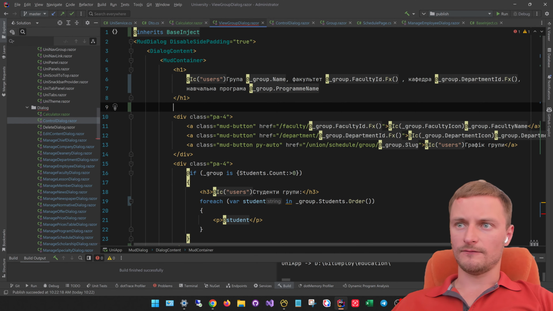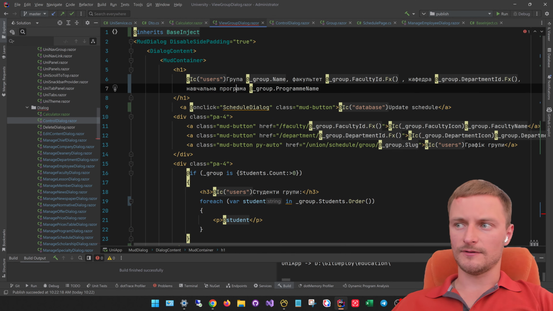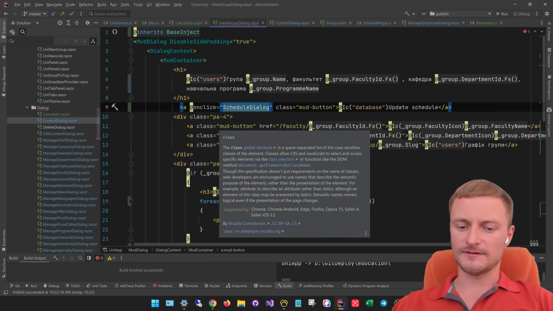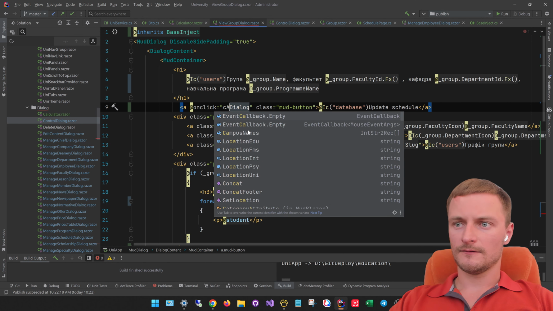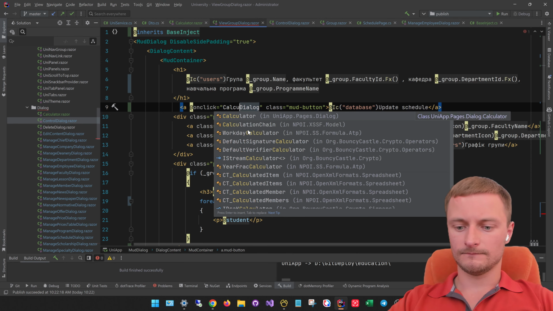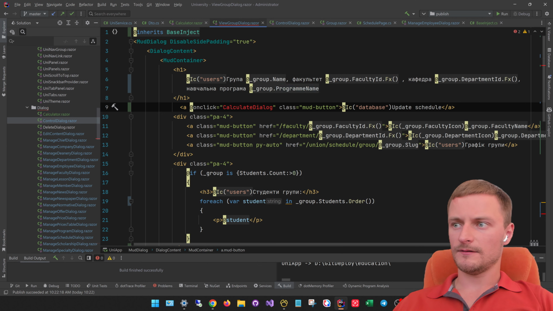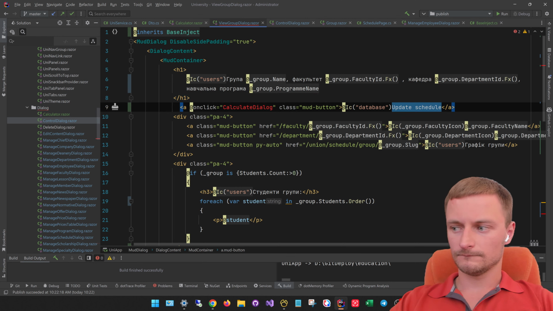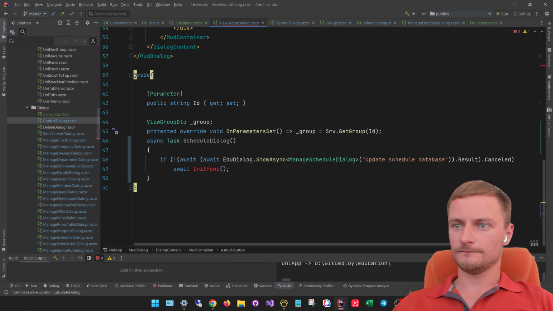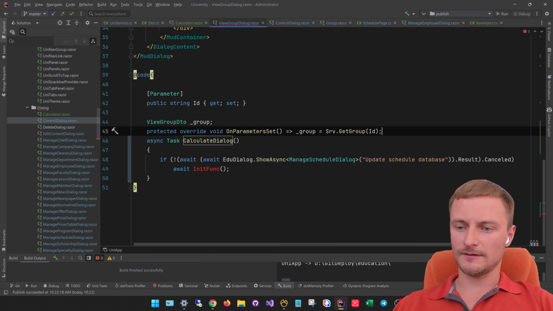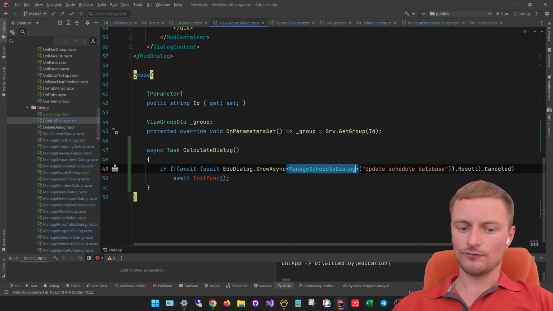That functionality will be altered for production, but here we are just going to test it. So this one will not be the schedule dialog, but the calculate dialog. Calculate dialog, let it be the database, and this one will be the calculate dialog, and here we're going to show that